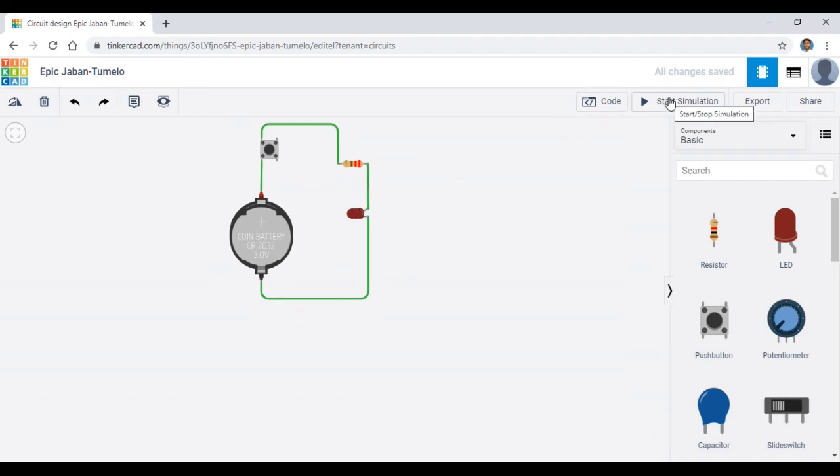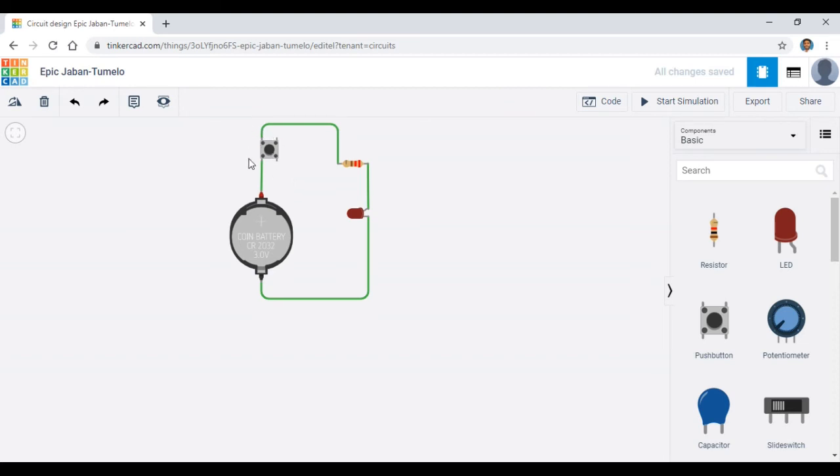When we click on start simulation, the actual criterion is that we control the LED using this push button or push switch. When we press this push switch, only then should the connection be established between the battery and the LED. Then only the LED should glow when we press this push switch.